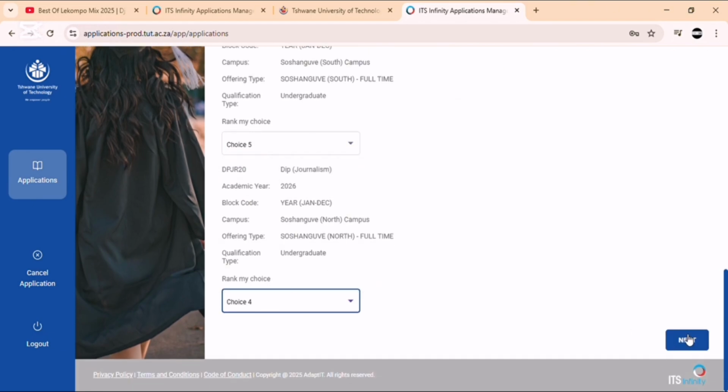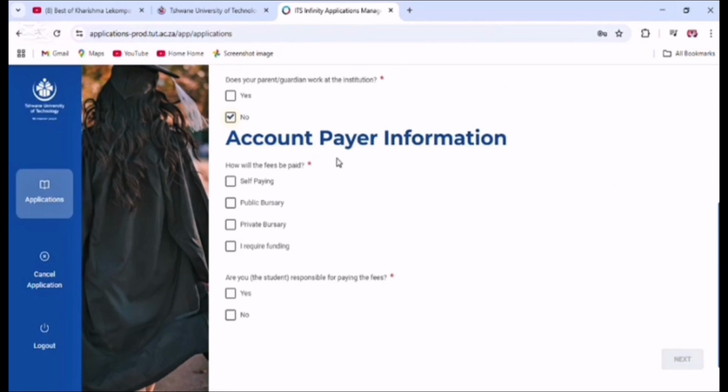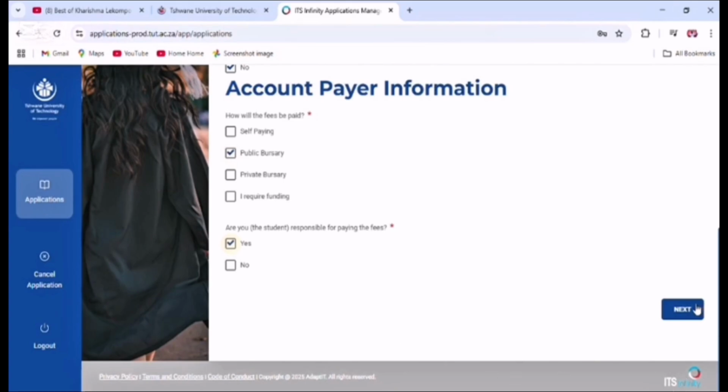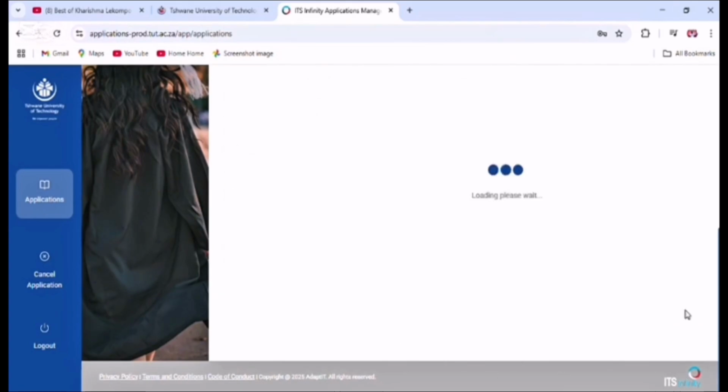And then after you click next, account payer information, who will pay? Obviously public bursary. It refers to NSFAS. If you're gonna be paying yourself, you can click self-paying, or if you are having a private bursary, you're gonna click private bursary. Or if maybe you have another funding, you're gonna click I require funding. But now, since I'm gonna be using NSFAS, I'm gonna click public bursary. After you click next,